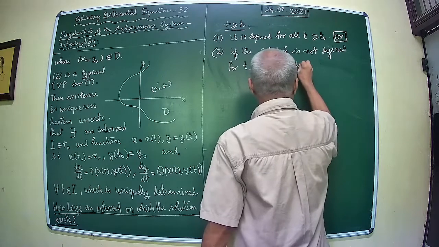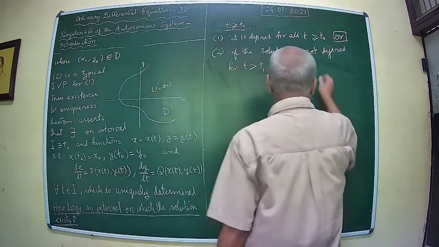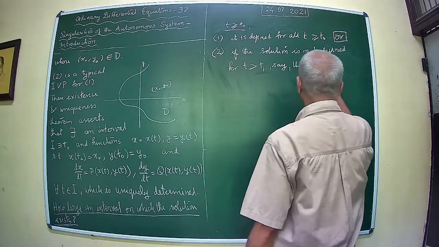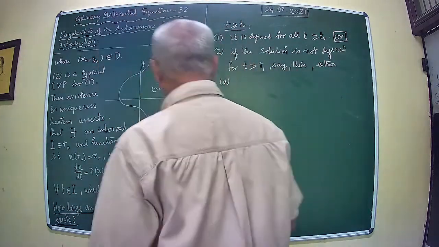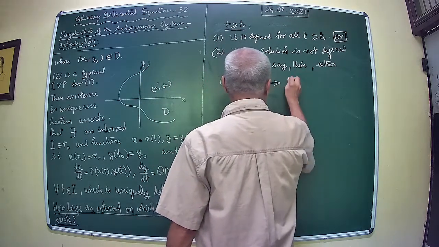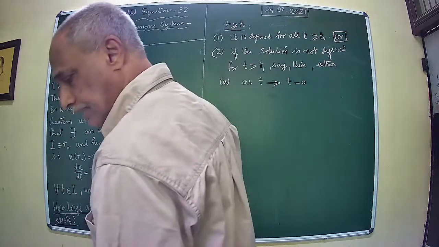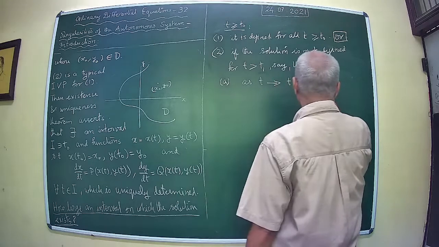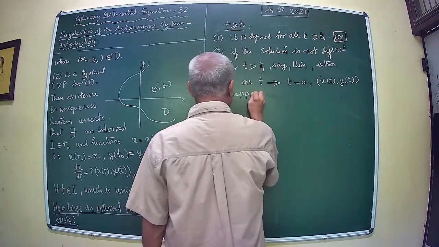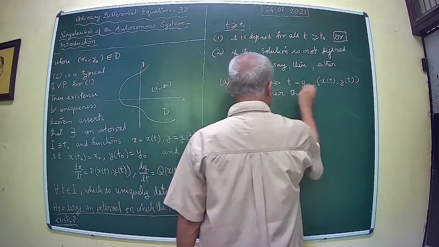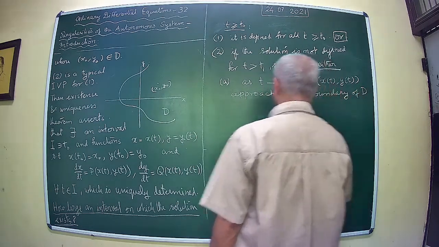Then what we can say is the following: either, as t tends to t1 minus 0, the point (x(t), y(t)) approaches the boundary of D, or